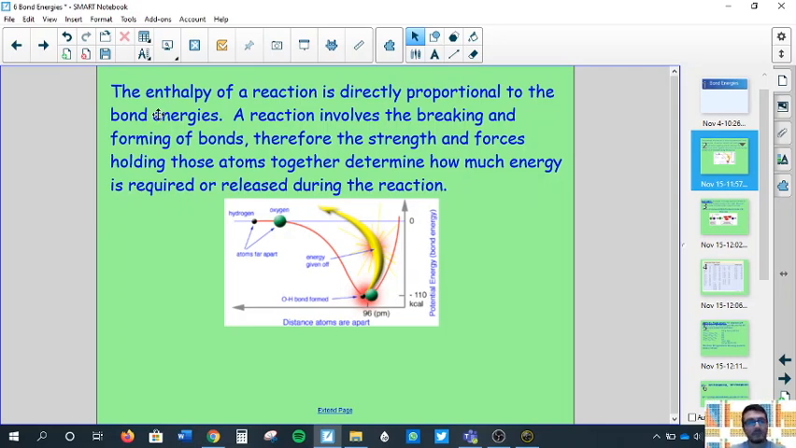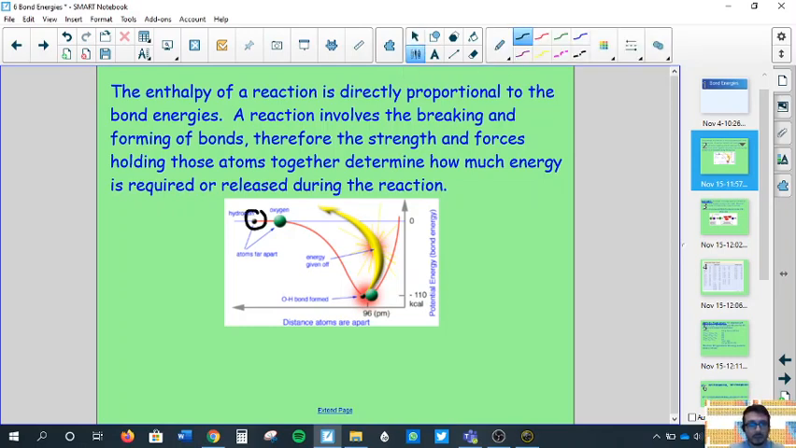I'll define bond energies on the next slide, but a reaction essentially involves the breaking apart of your reactants to form new bonds in your products. So if you add up all of the bond energies, that is going to give you the energy difference, the enthalpy. In this diagram here,